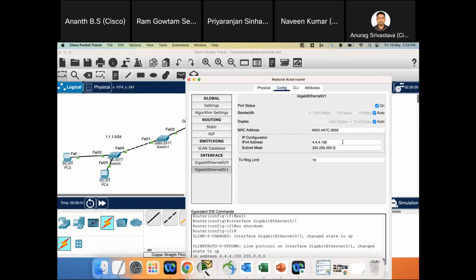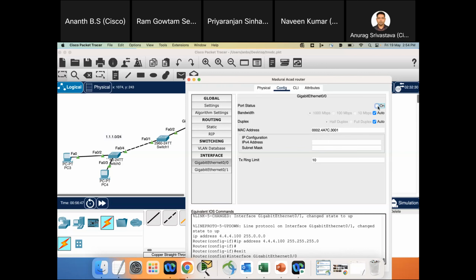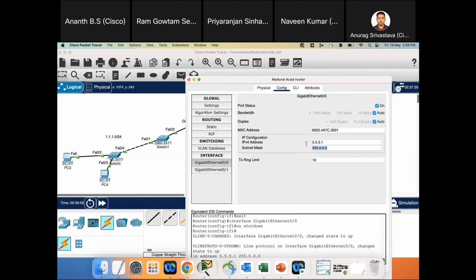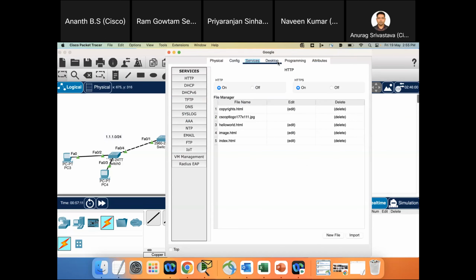Okay. Now let's come to the gig 00 network and I'll give it 5.5.1 and we'll give it the subnet mask 255.255.255.0. Okay. And only one thing is left, come to desktop